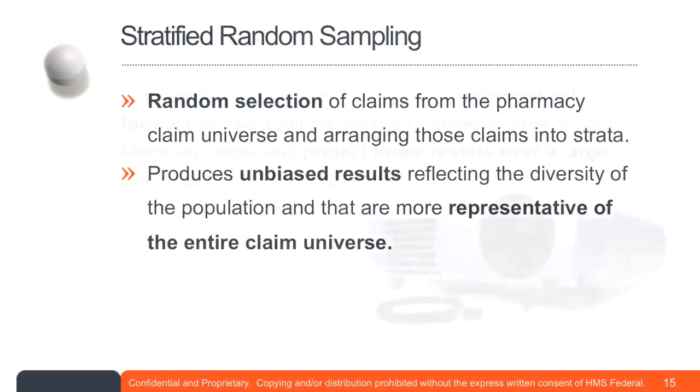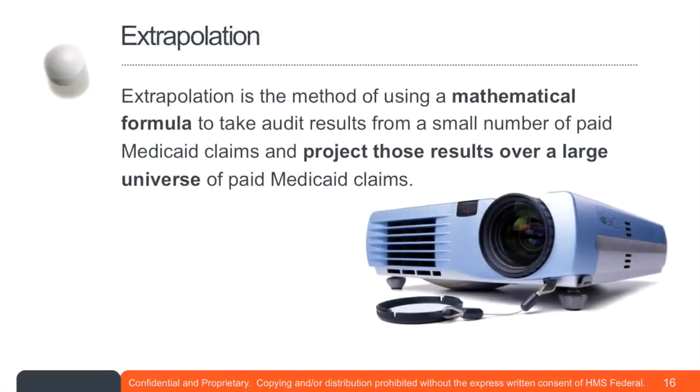And then the last term I want to talk about, and this one really comes about later in the auditing process, is extrapolation. So the findings or payment errors are disallowed, and therefore they're recoupable. And so what that means is that